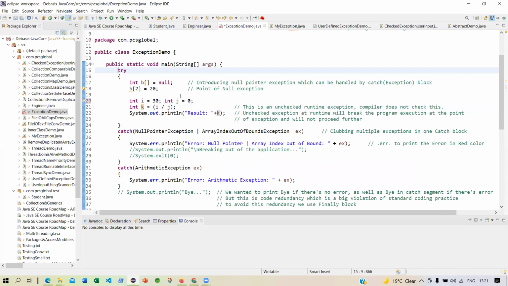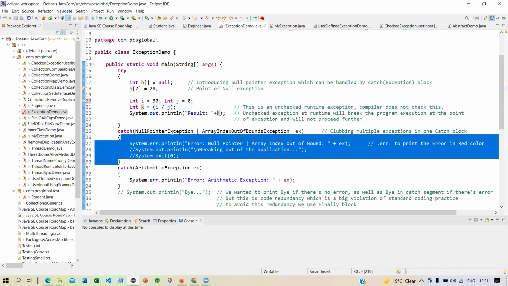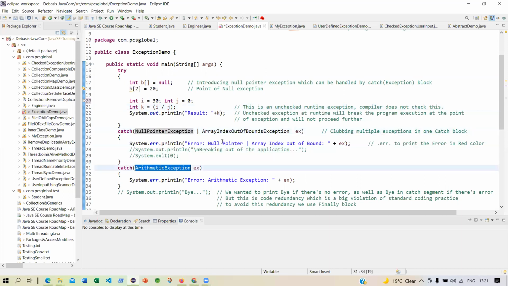So I have introduced one error here and another error here. Which one will be executed first? Whether it will be a null pointer exception or an arithmetic exception, because this is an arithmetic exception, but this is a null pointer exception, right?